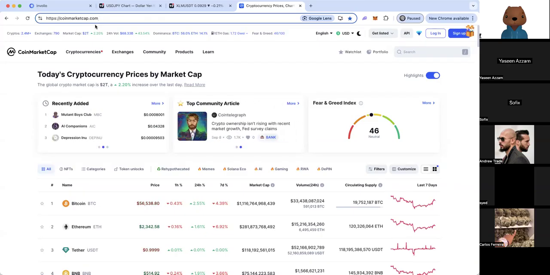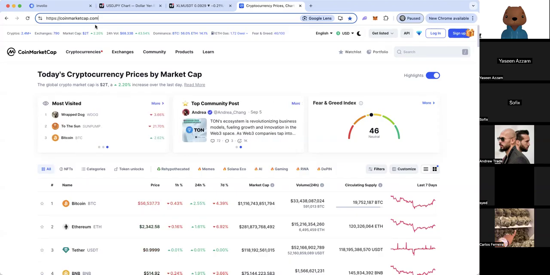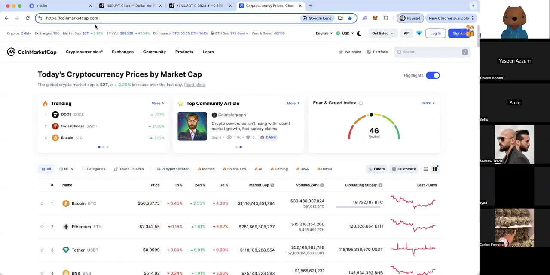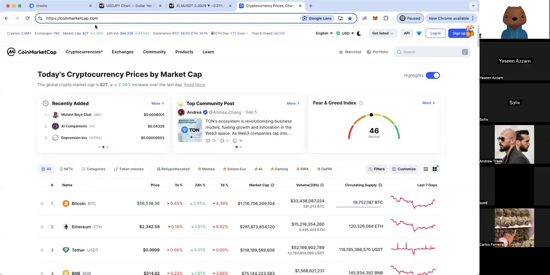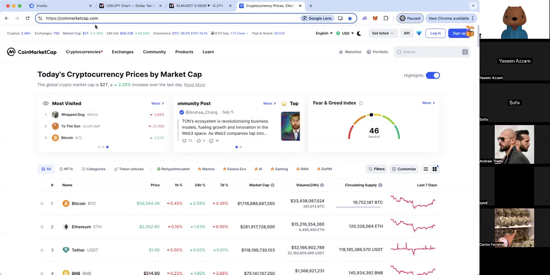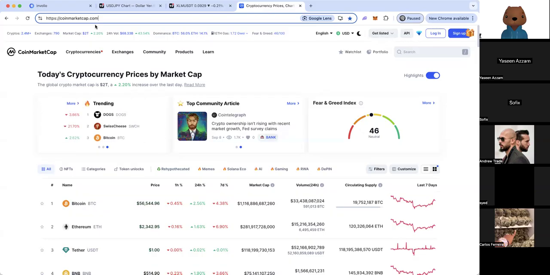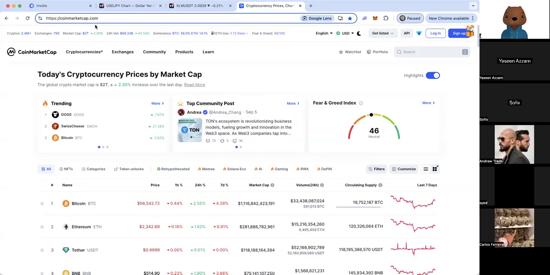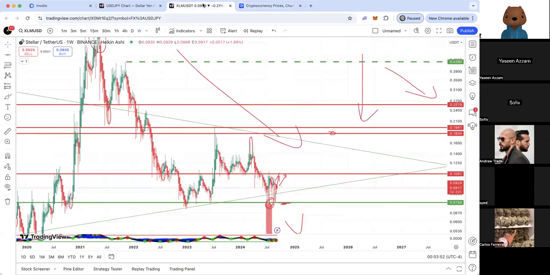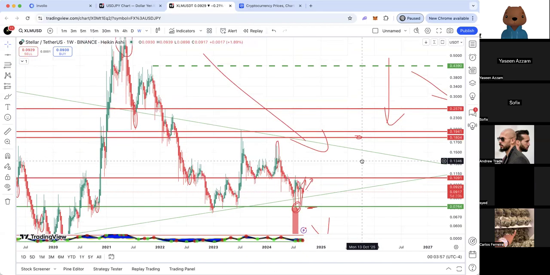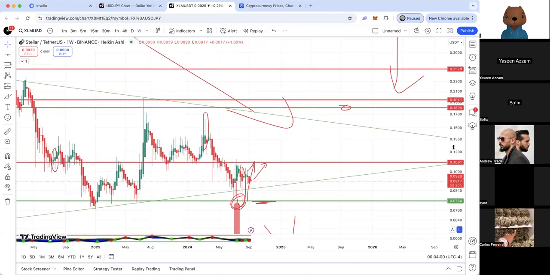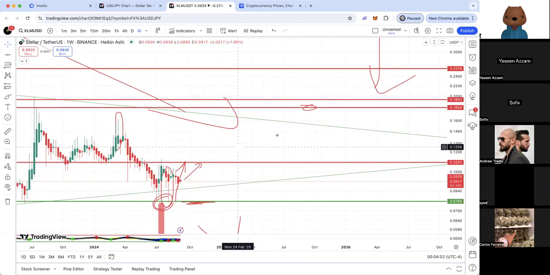So in TradingView, you find the charts. In CoinMarketCap, you find pairs to trade. And just put a star next to pairs to trade. Find the pairs to trade because I'm going to teach you guys that at the end: how I find what I like to trade for the day or for the week and so on. How I make money. All right. I'm gonna teach you guys the sauce at the end of this call. So